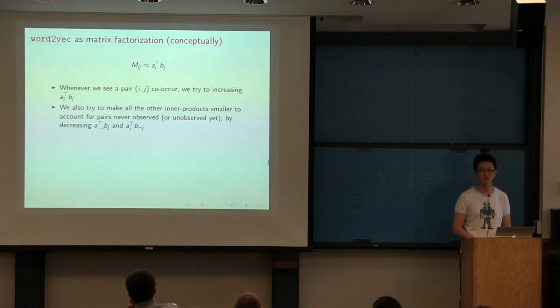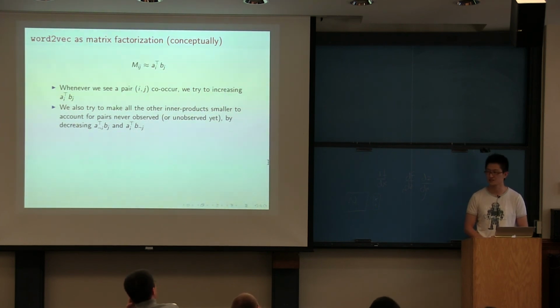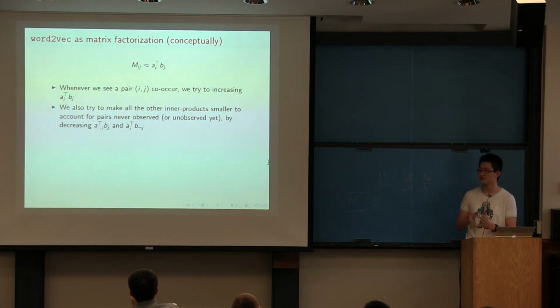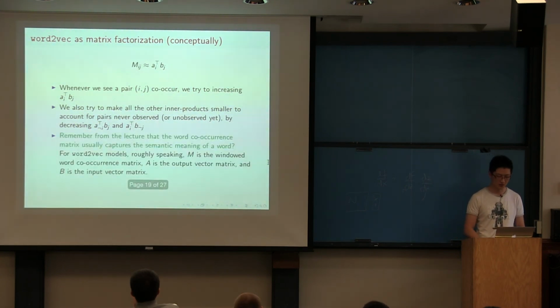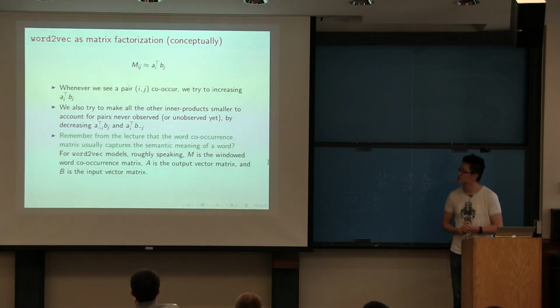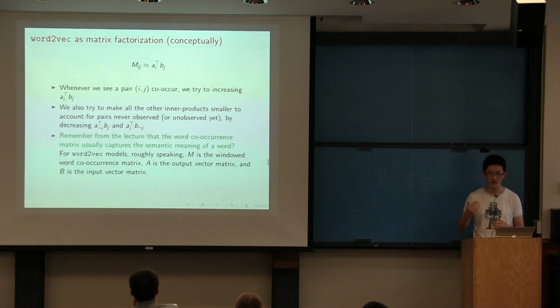Did that ring a bell? Because we were just saying that in skipgram, or in word2vec, the cost functions are trying to pull the vectors you predicted and the actual word vectors together while pushing all the other vectors away. If you remember from the lecture on the word co-occurrence matrix, if a word co-occurs with some other words in the context, they might share a similar meaning. That's roughly what we're doing in word2vec.